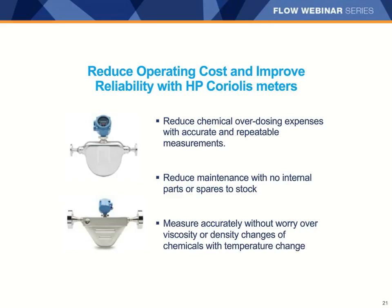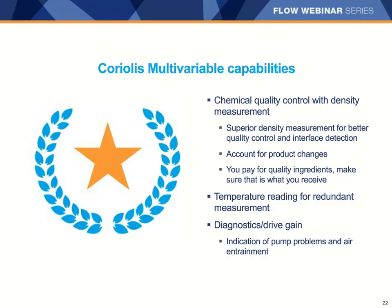But Coriolis meters don't just measure mass flow, they're also extremely accurate densitometers too. And why is density important? Density is a great quality control measurement. As a product changes its composition, its density also changes. And users are able to check a density or concentration measurement to ensure that they're getting the proper chemicals delivered, and that you're paying for what you're getting delivered and you're putting the right chemical